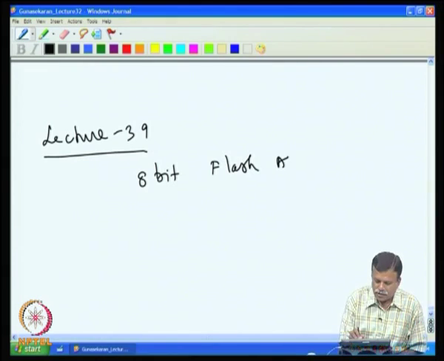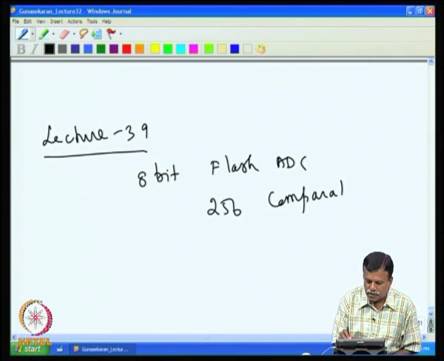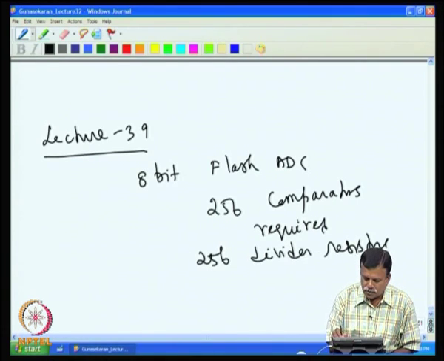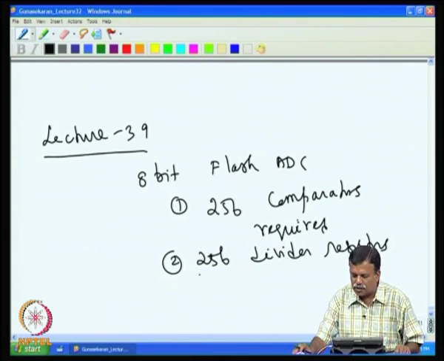In this lecture we continue to talk more about flash A to D converters, because in the previous lecture we had discussed the 8 bit flash A to D converter, and we had shown that for an 8 bit flash ADC we need 256 comparators, and similarly you need 256 divider resistors. These two are very tough to achieve, because if we can have 256 comparators and 256 divider resistors, it is somewhat manageable,